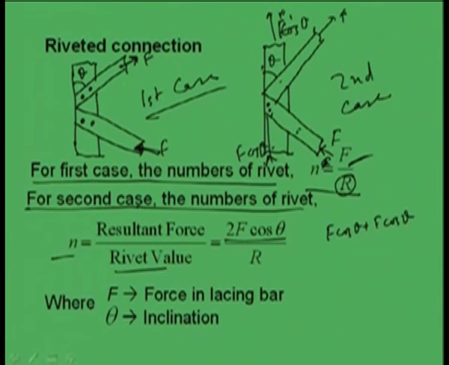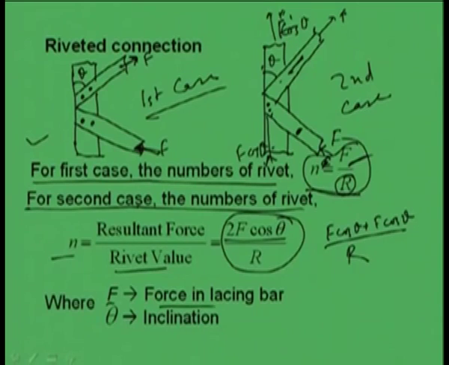For this vertical F cos theta, and for this also vertically F cos theta component will come by R, that means 2F cos theta by R, right. Whereas for first case this will be N is equal to F by R, and for the second case N will be equal to 2F cos theta by R,